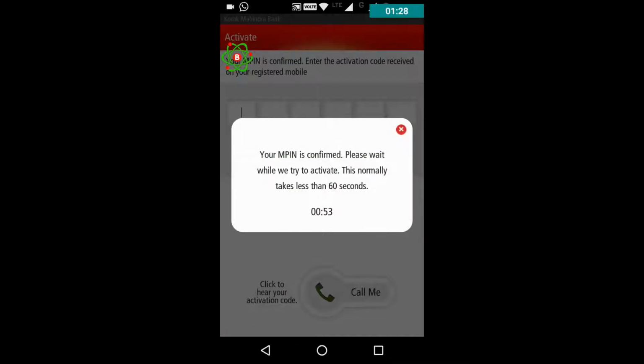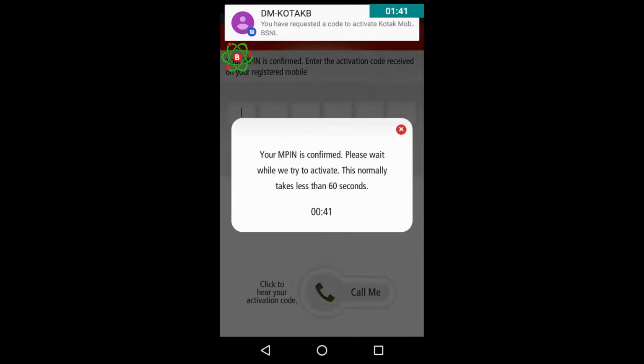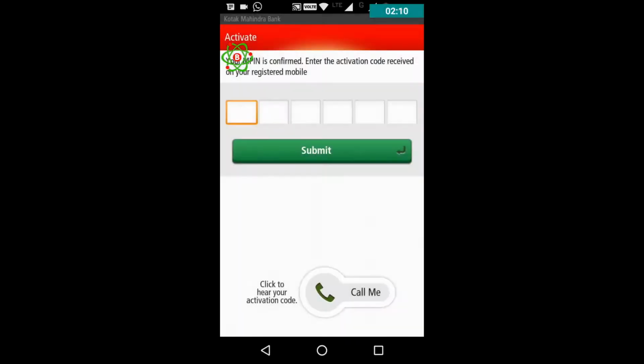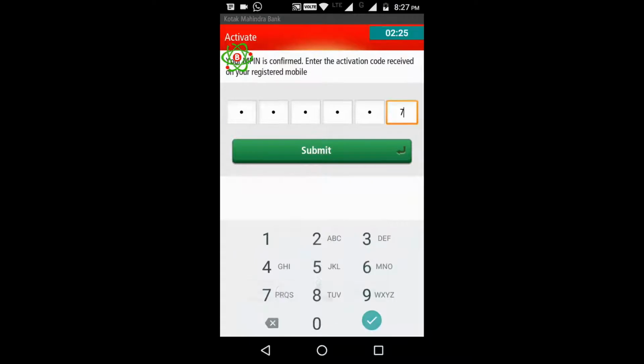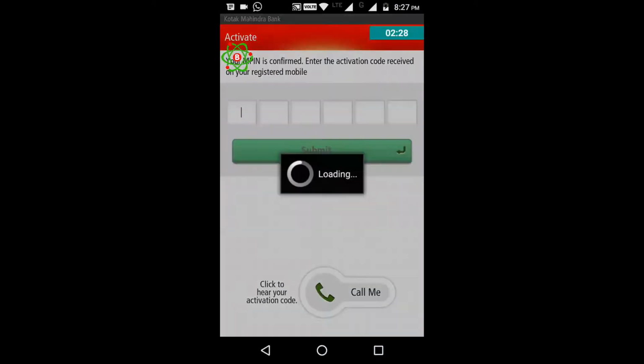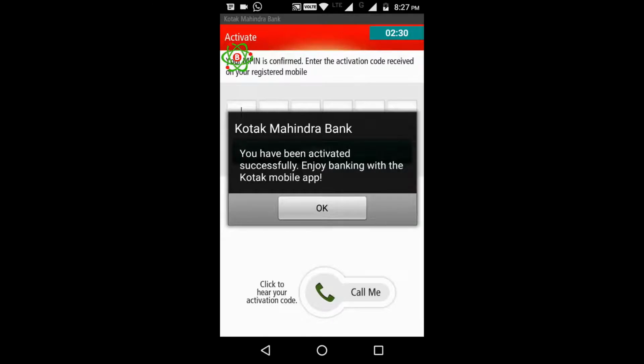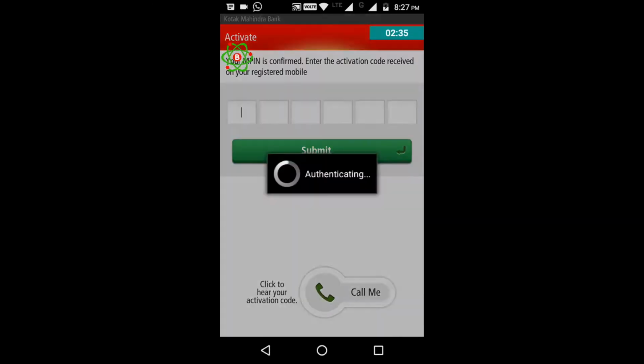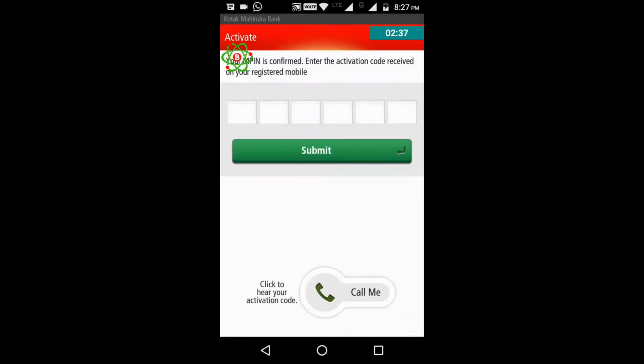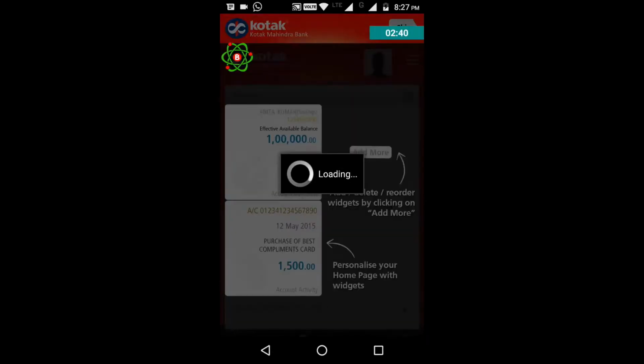please wait while we try to activate. This normally takes less than 60 seconds. They will send an SMS to our number and they will confirm that we are the genuine users. Let's enter that code here. Once we enter our code, click on submit. You have successfully activated, enjoy banking with the Kotak mobile app. So that's it. This is how we need to set up our Kotak mobile app when we move to a